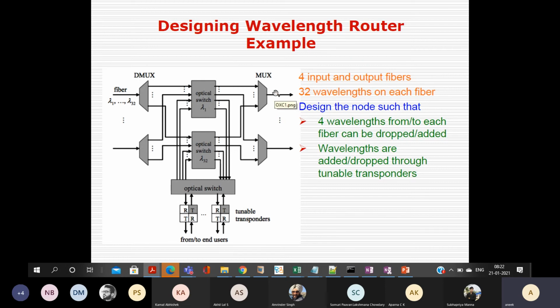What is the problem statement? We consider that there are 4 input fibers. Two are shown, so there are another 2. This is the generic architecture. Maybe I can give you such a type of problem in the question paper: design a wavelength router or optical cross connect with the following requirements. It should be able to support 4 input fibers, 4 output fibers, 32 wavelengths on each fiber,